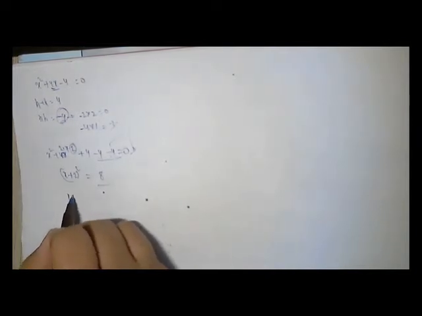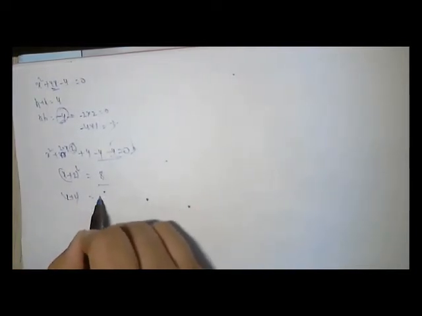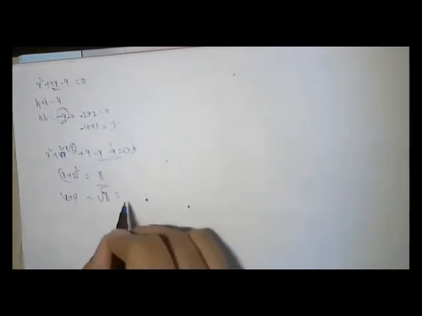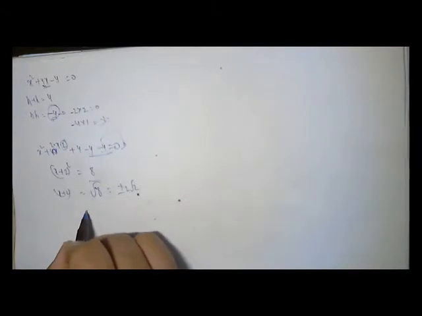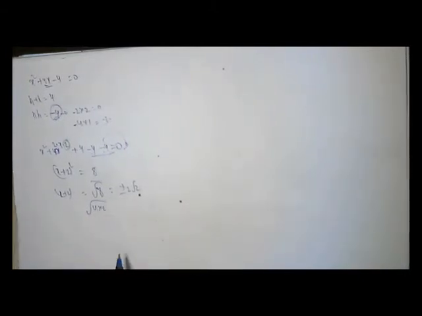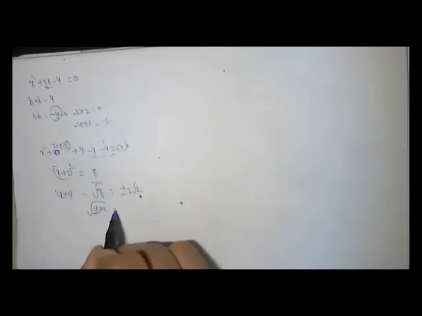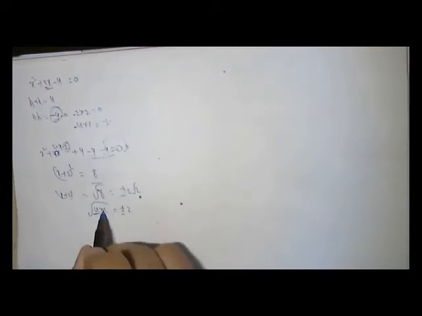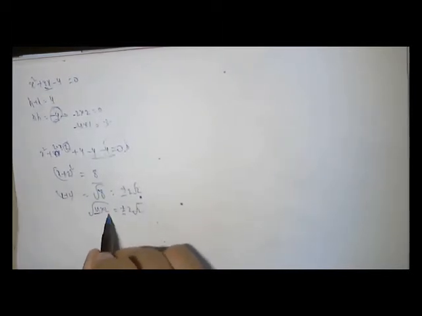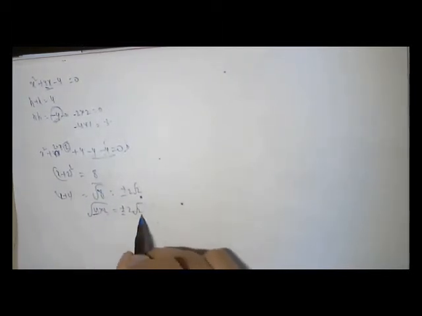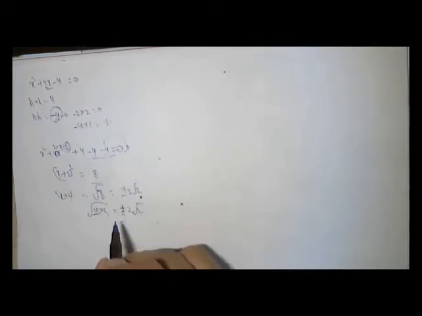So what is the root of x plus 2? We have to take the root of 8. The root of 8 can be plus or minus 2 root 2. How plus or minus 2 root 2? Suppose the root of 8 is taken as 4 into 2. So the root of 4 is plus or minus 2. Root 2 under the same is not an integer, so I keep it as root 2. So plus or minus 2 root 2.